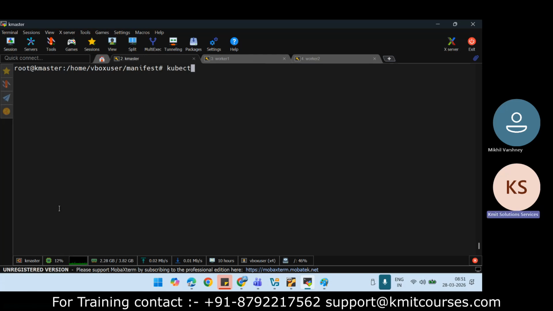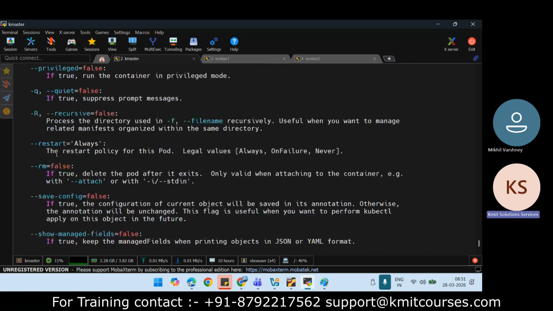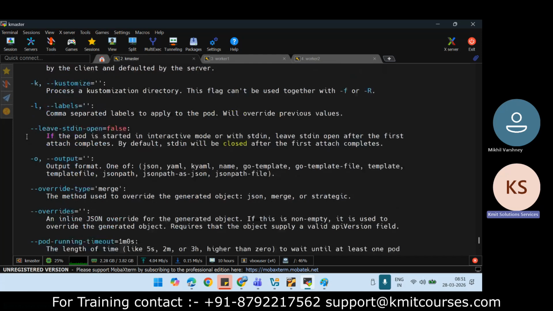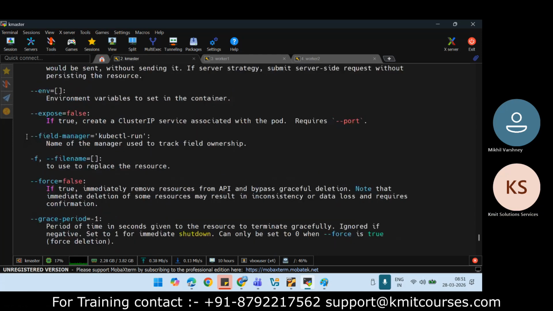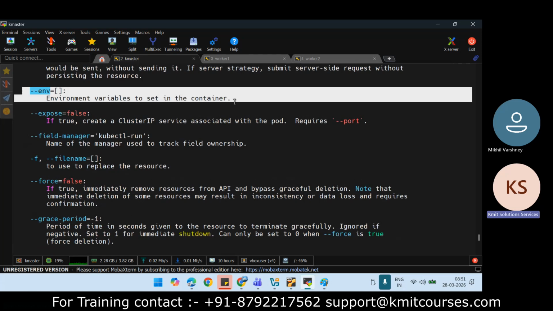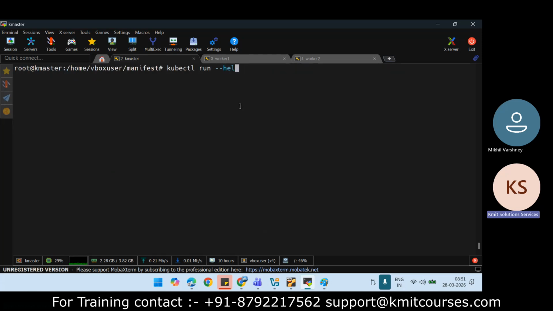How can you create an environment variable in the pod? With kubectl, you can use the run command and just check the help. Here you can see the help mentions environment variables, so we can set the environment variable for the containers. So I will say kubectl run, and my pod name is, say, environment pod, with the image Nginx, and I want to